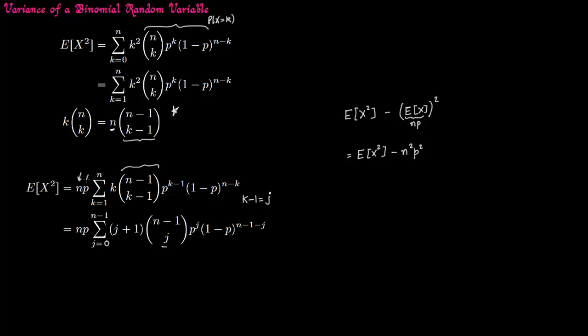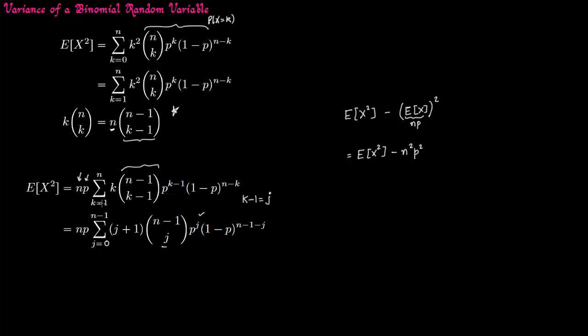So you took p out common here and you had p^k here. So you had p^(k minus 1) here. p times p^(k minus 1) is p^k. Instead of k minus 1 you have put in j. And again k is equal to j plus 1. So instead of k you put j plus 1. So you get n minus 1 minus j. Similarly here, in place of k you put j plus 1.